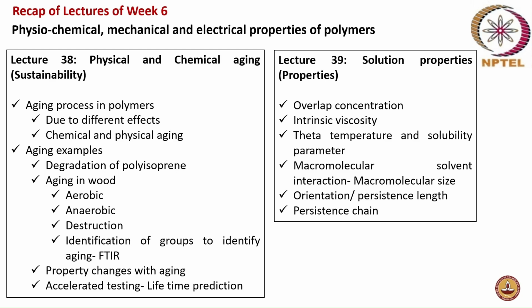So here, the concept of overlap concentration. What is a dilute polymer solution, what is the overlap concentration, and when does it become semi-dilute? At the overlap concentration, the polymer molecules just start touching each other. The properties start varying once it crosses that overlap concentration and gets into the semi-dilute regime, because in